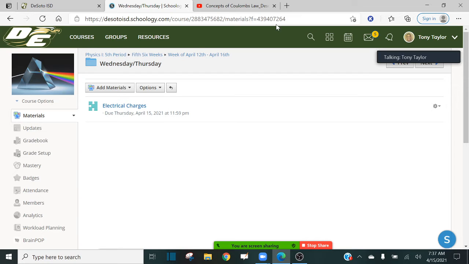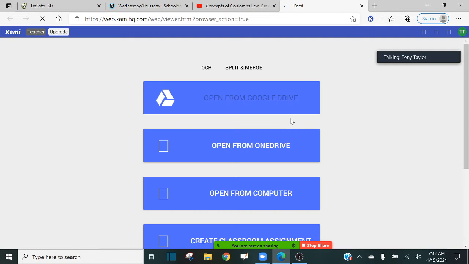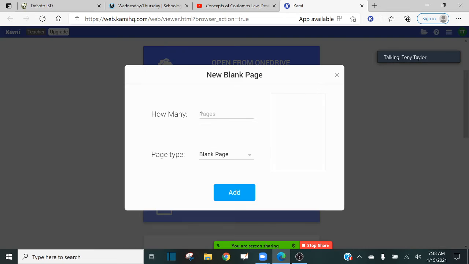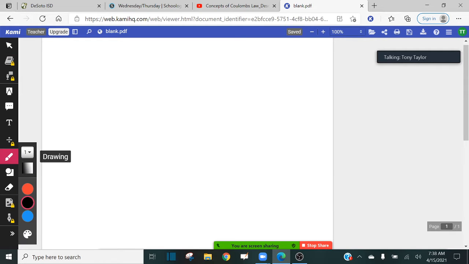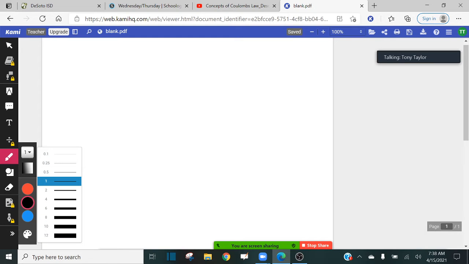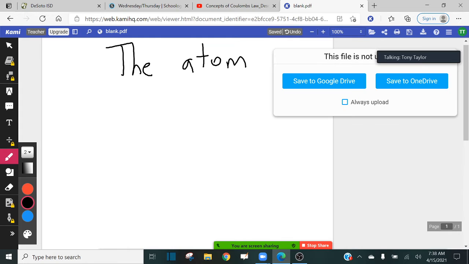Okay, so now, before we get started with our overall topic on electrical charges, I need to review a little chemistry. So think back to chemistry. Most of you all had chemistry your sophomore year. So let's review a few things about the atom. If you think back to your sophomore year,